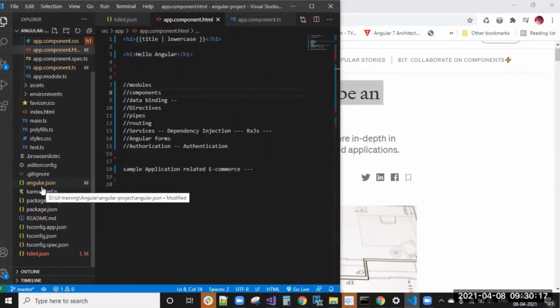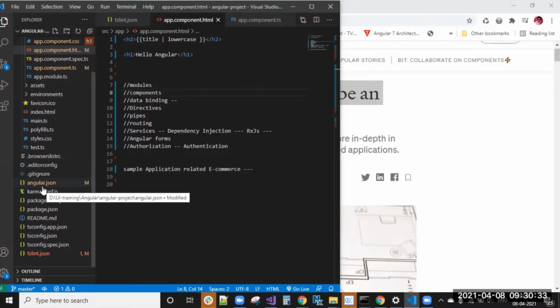Next, go to app component HTML, remove all that, and write your own. If changing the HTML changes the page, you have successfully run the Angular application. Try all this. So tomorrow we will start with modules first.